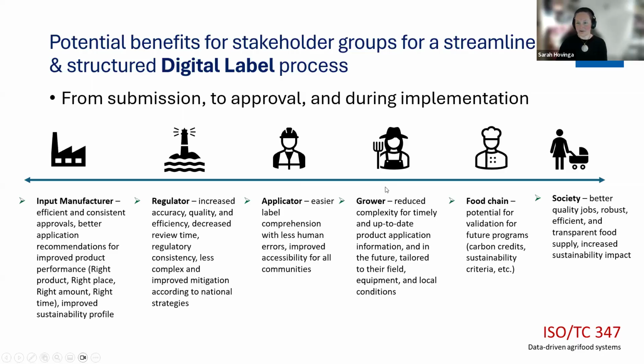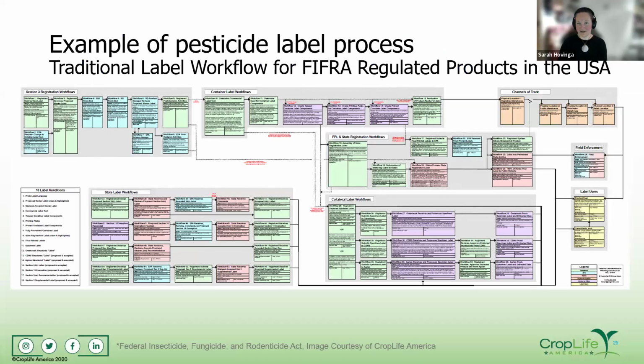A grower is really able to have reduced complexity and enabled decision making. And then we talked about other stakeholders along the supply chain who are really interested in this information and where their food comes from. So it's really enabling this full line of stakeholders that stand to benefit from standards and the different work that's being done here.